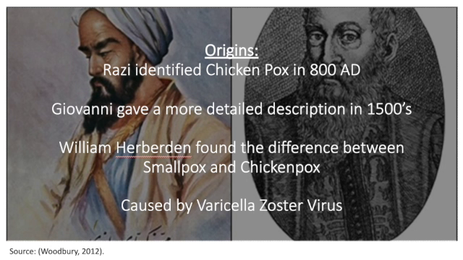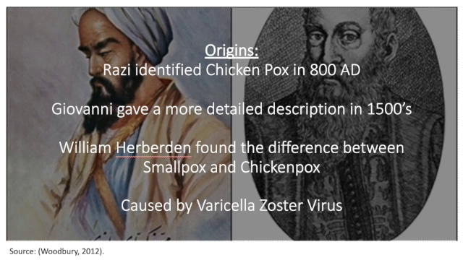For a while, people even thought that chickenpox and smallpox were the same thing, but they are not. William Heberden was the first person to figure out the difference between the two in 1767. Chickenpox was first identified by Razi in Babylonia in the year 800 AD. He documented some of the first known information about chickenpox. He also talked about the differences he noticed between smallpox and measles because they were going around as well.